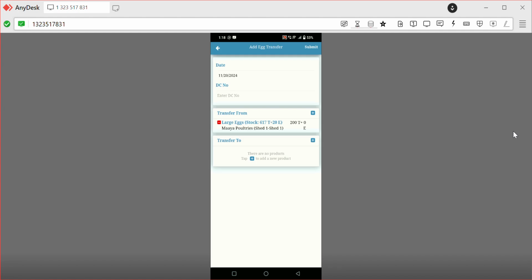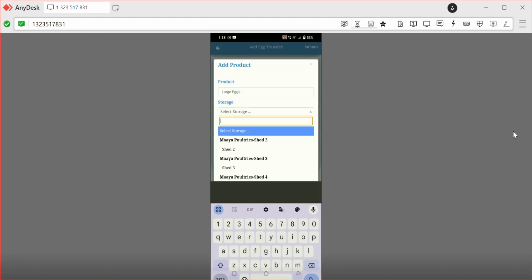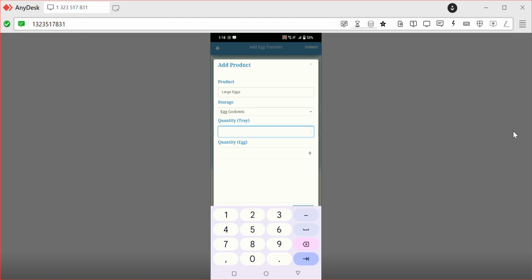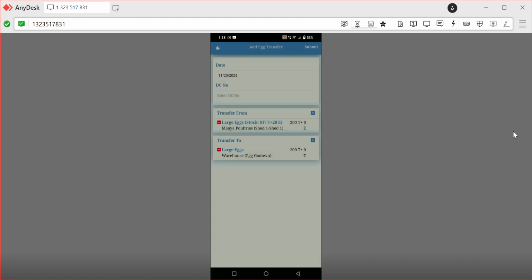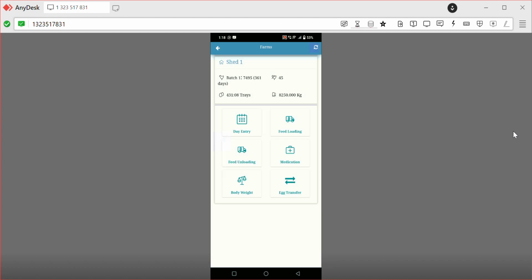Then select the to storage. To storage is my egg godown. Transfer quantity 200 trays. Then you submit. Now I have transferred large eggs from shed 1 to our egg godown.